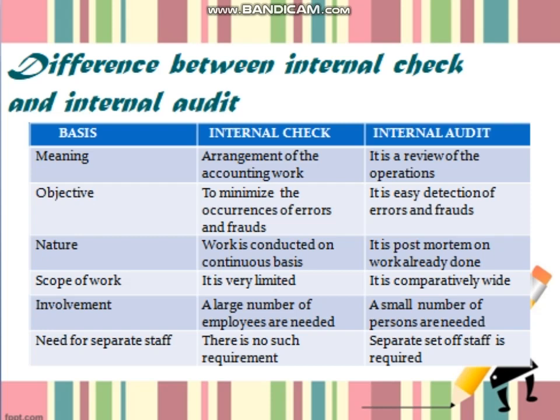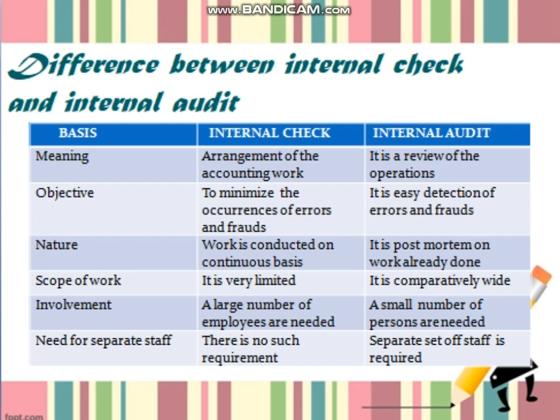Internal check is the arrangement of accounting work and internal audit is the review of operations. Internal check tries to minimize the occurrence of errors and frauds, while internal audit helps to detect the errors and frauds. Internal check work is conducted on a continuous basis, but internal audit is a post-mortem on the work